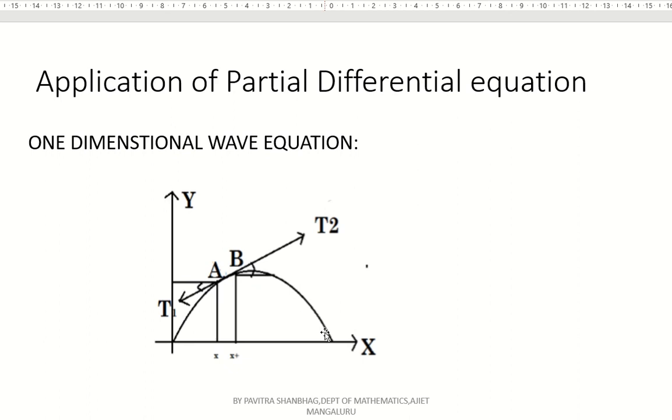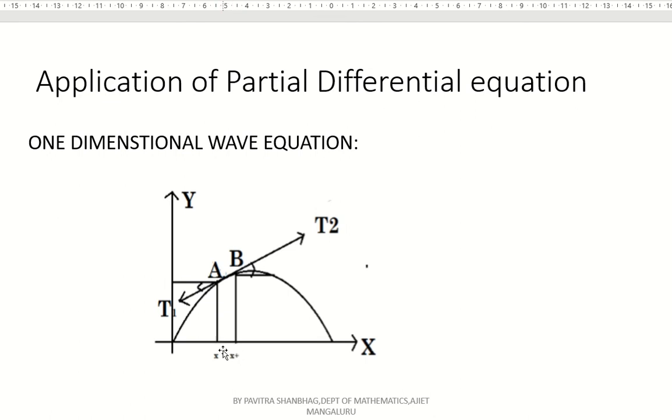It is a string. Now here we are drawing a tangent. Before that, we are taking the small element AB of length L. Now here the small element is there. Now we are applying tensions T1 and T2. Now draw a tangent at the first point as well as the second point, and the length AB is L. Now from point A, draw a perpendicular to the x-axis. From point B, draw a perpendicular to the x-axis.